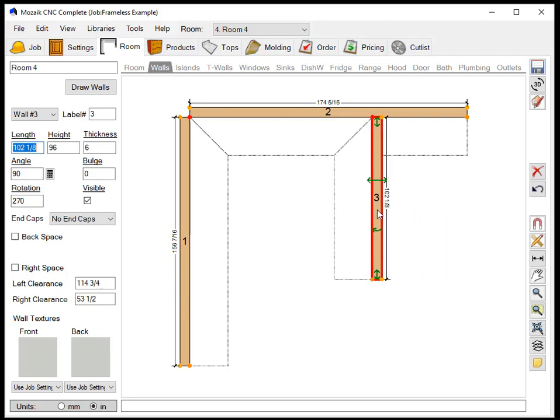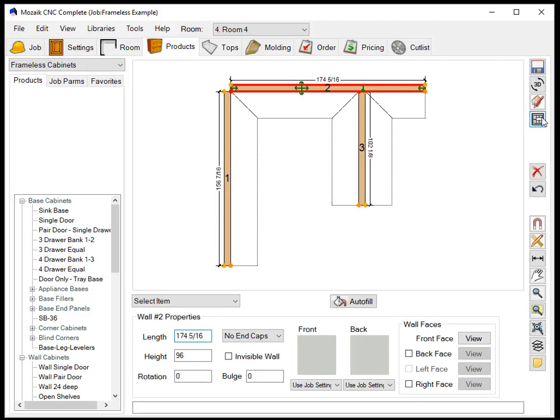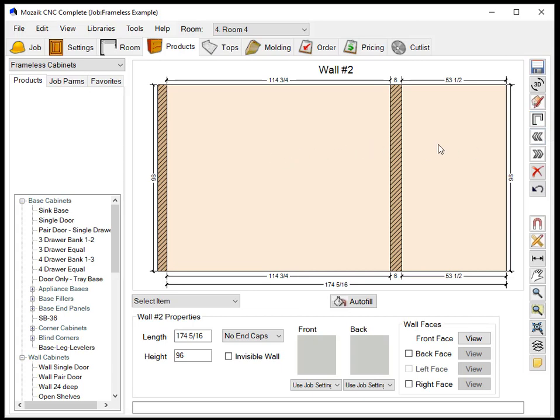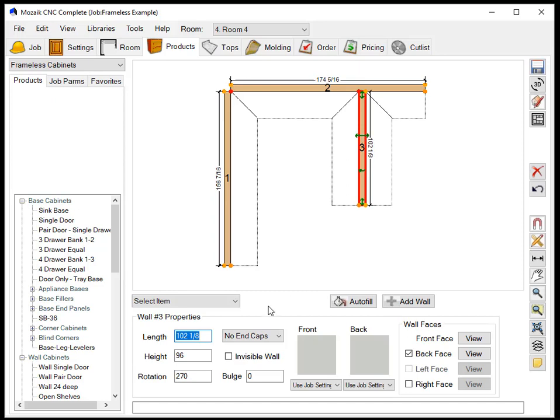I can also click on this wall and designate that it has a back space. So now I can add products to the face of the wall as well as the back face of the wall, and you'll also notice it's created a corner here. If we slip over to the Products tab and have a look at wall 2 in elevation, I can see that it's broken by wall 3, but if I change the height of wall 3, so let's click on wall 3, change its height to say 48 inches,